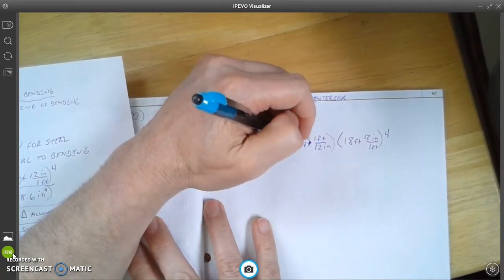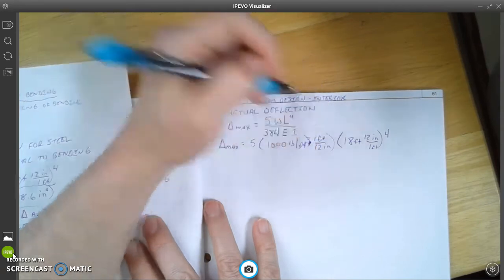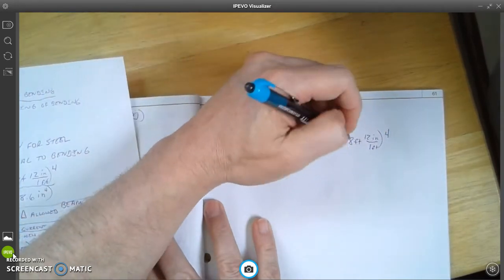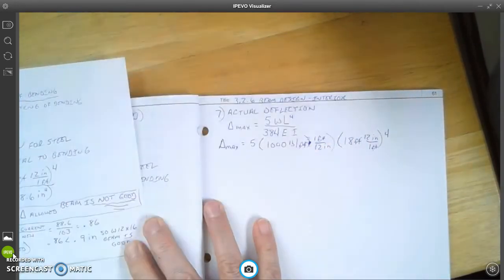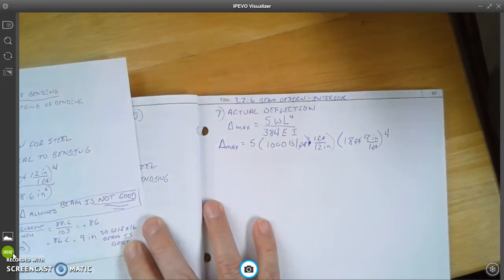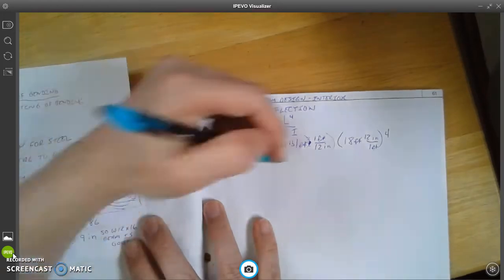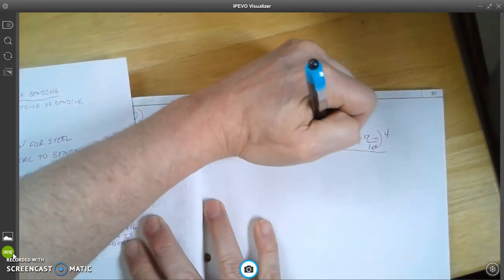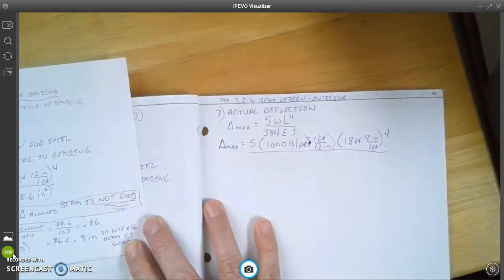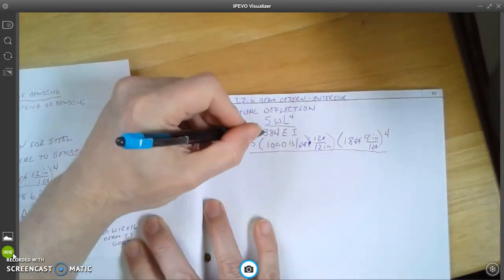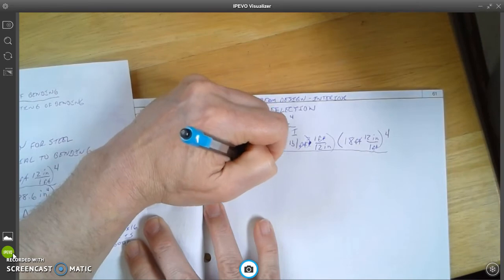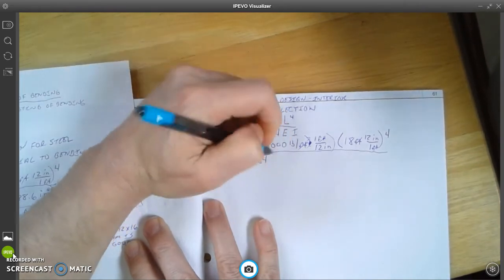Pound feet, this cancels with this. This guy over here cancels. So we end up with inches squared. Okay, now this gets divided by the 384